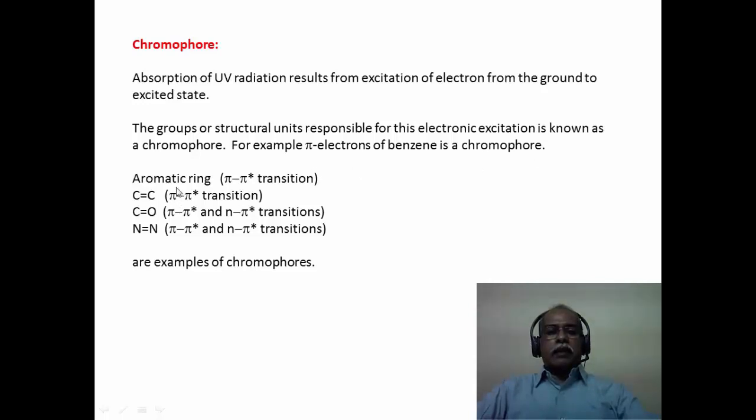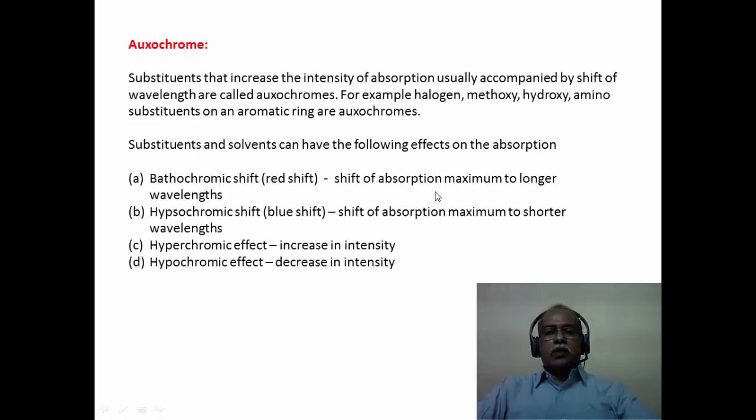So the aromatic ring has a pi to pi star transition. We will see details of this a little later. C double bond C, C double bond O, N double bond N, and so on, they all have certain electronic transitions, so they are called the chromophores of that particular molecule. In addition to chromophores, there are substituents which enhance or shift the wavelength, which are called auxochromes. For example, halogen substitution, methoxy substitution, hydroxy substitution, amino substitution, or nitro functional group substitution can be present in an aromatic ring, and these are all called auxochromes